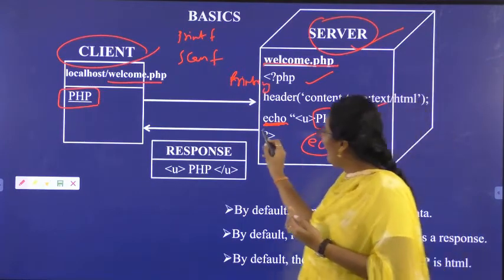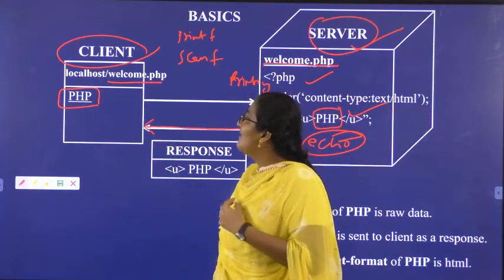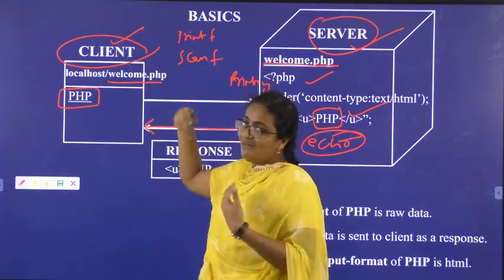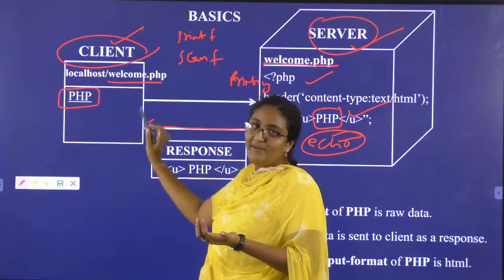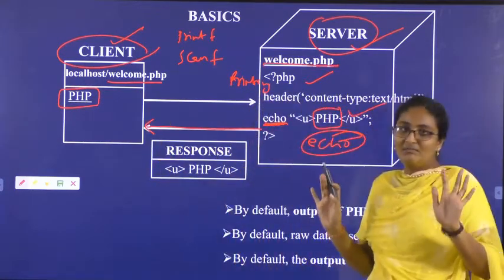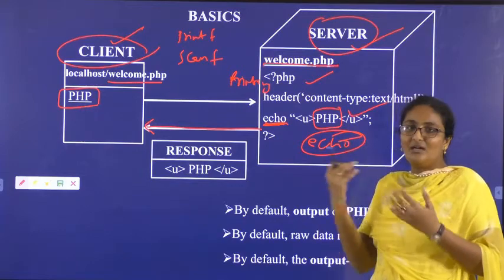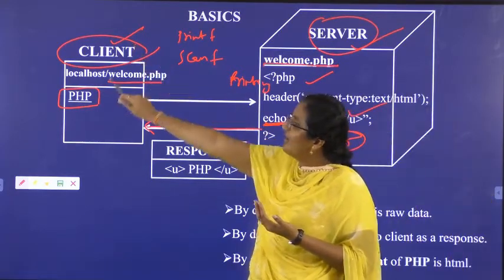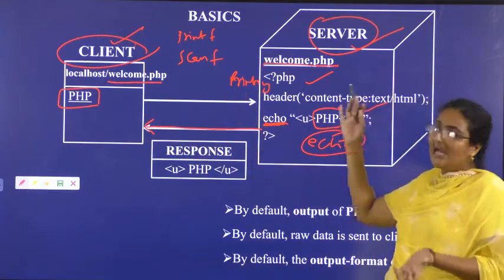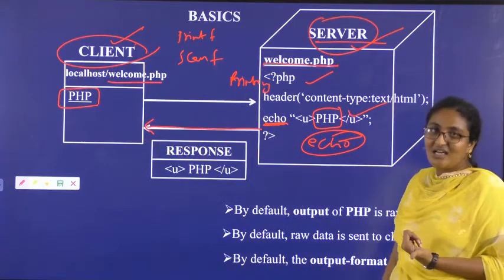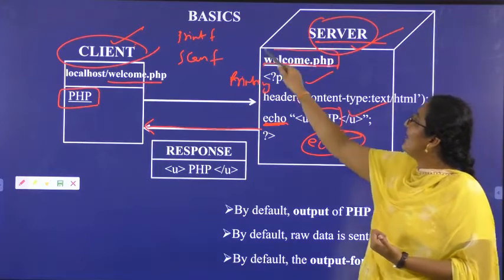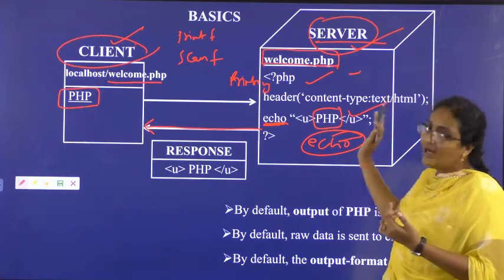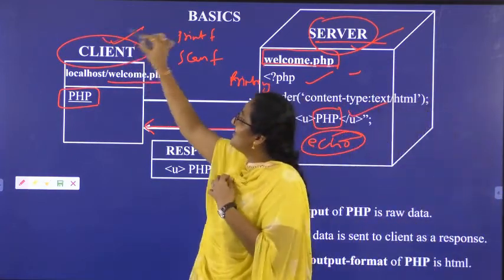From here we are passing this to the client machine, where we can see only the dynamic web page. On the client machine we are seeing only the dynamic web page. If you open the Amazon home page, you can see different options on the Amazon homepage. The Amazon homepage you are seeing is on one client machine. The program behind that Amazon homepage will run in the server machine. The same way the welcome.php program is running in the server machine. If we run this program, whatever output we get, that we are displaying on the client machine.